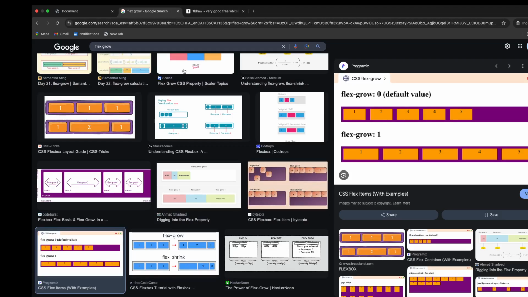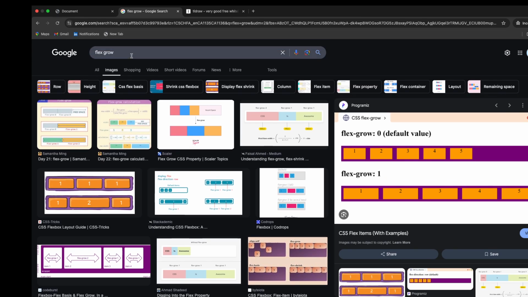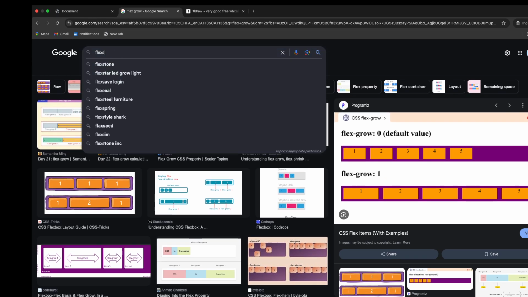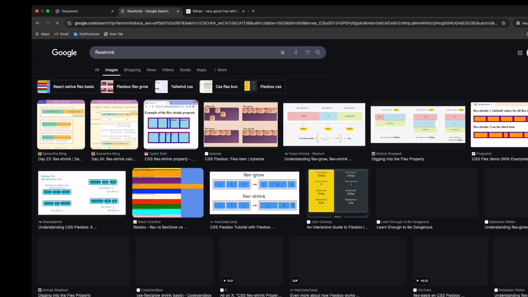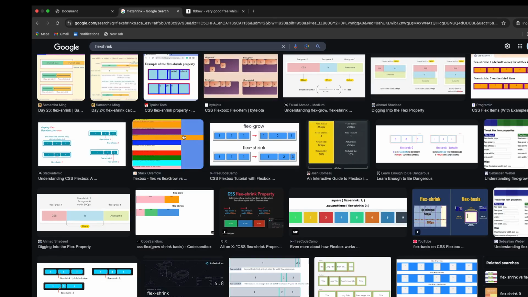So let's see your flex. By default, like equal spacing, all elements are going to have the same shrink. If I do a flex shrink, so flex shrink is